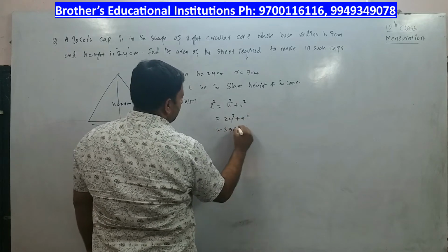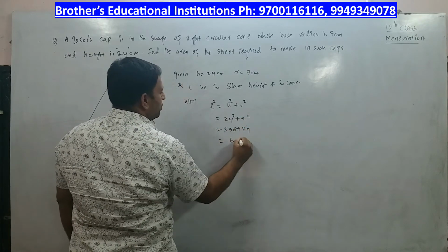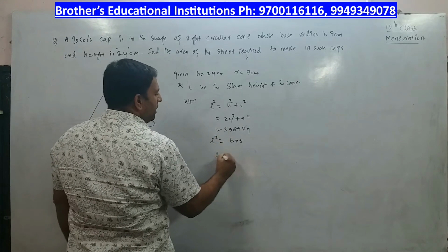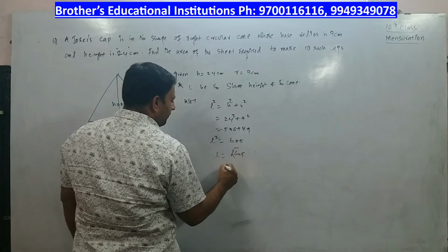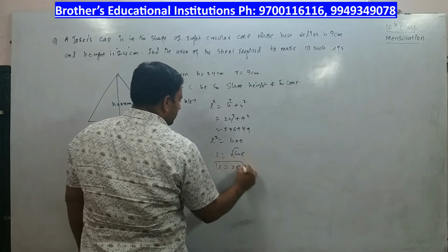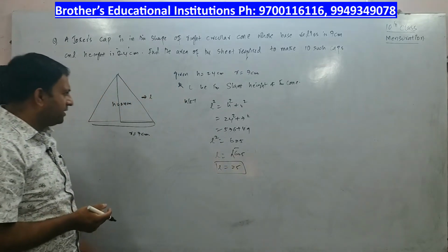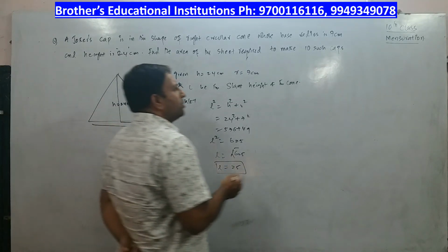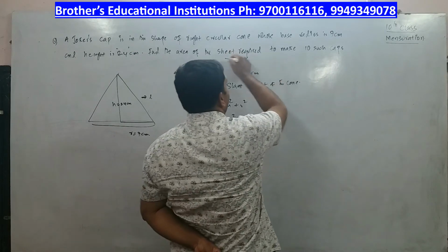Which is 576 plus 49, and this is equal to 625, which is your L square. L will be the square root of 625. L will be equal to how much? 25. So the slant height you got is how much? 25 centimeters. Now we are supposed to find the volume, so not volume, the area of the sheet for 10